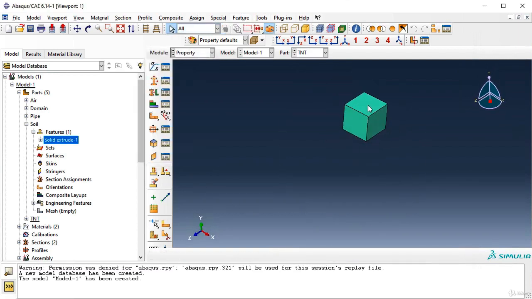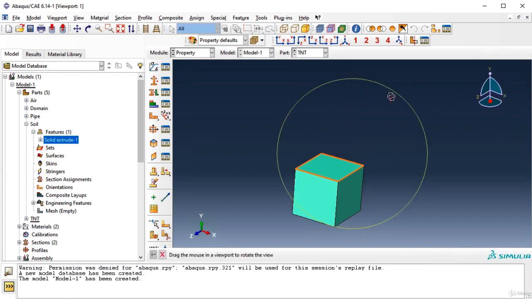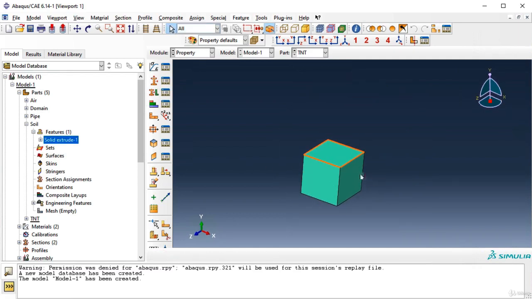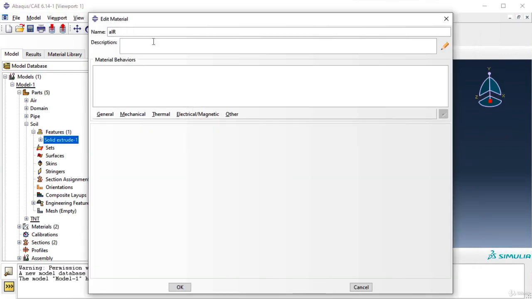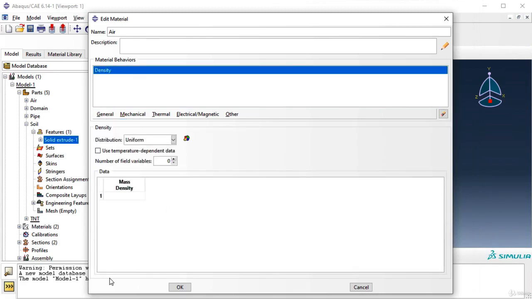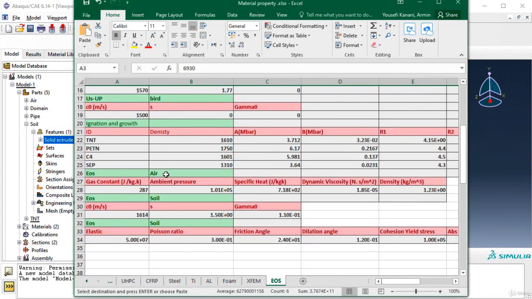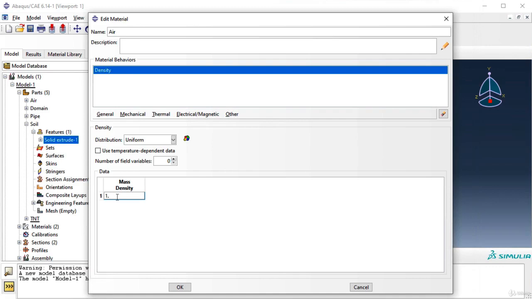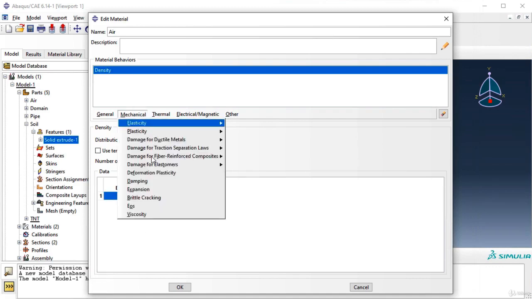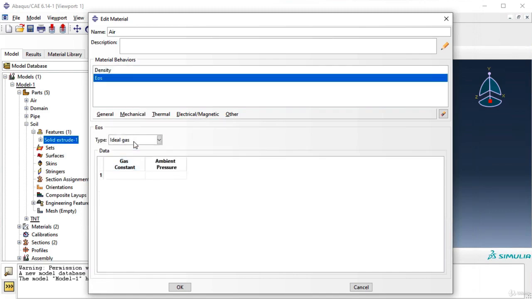And now I'm gonna create a material property for air as well. So now this time it's going to be air, and then go to density, and then open the Excel file again, go to EOS, and if we go at the bottom here, we have the air, and then the density is very small, it's literally 1.22 something, so I round it up to 1.23, and then I'm going to add a mechanical EOS, and then